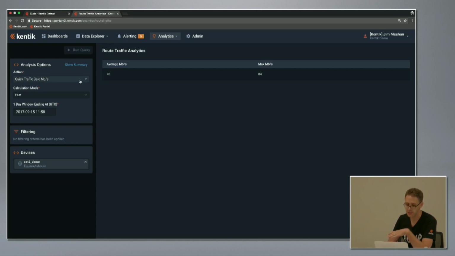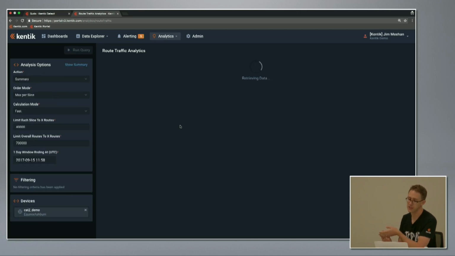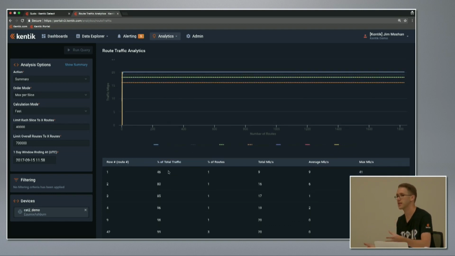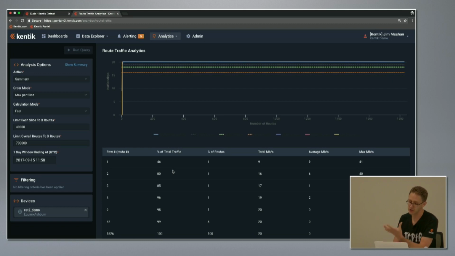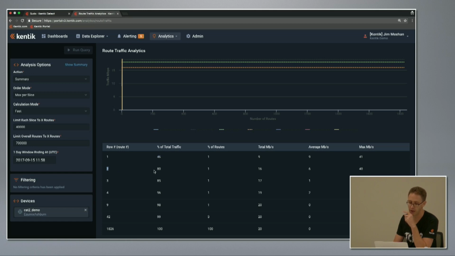And if we can look at the flow correlated with the routing table, we can tell you which routes deliver which percentage of your traffic and give you a sense of how big your FIB needs to be to cover 99% or 95% or whatever of your total traffic volume. In this demo network, it looks a little different than a real content delivery network. In our case, a single route is responsible for 46% of the traffic volume, and by the time we've added the second route, it's responsible for 80%. But in a real network we see a nice curve here showing that